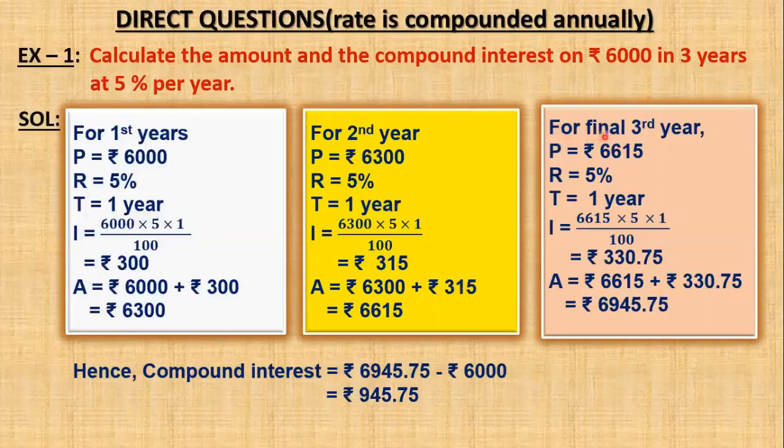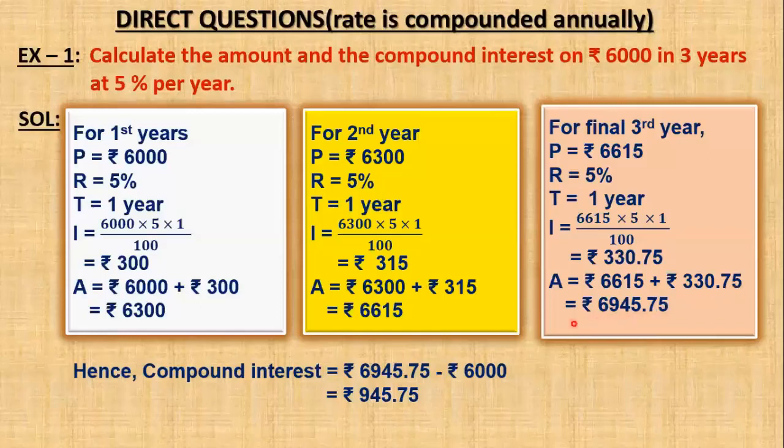Now this amount will act as principal for the third year. So for final third year, principal is rupees 6,615, rate 5%, time 1 year, interest PRT upon 100, that is 6,615 multiply 5 multiply 1 upon 100, rupees 330.75. So amount at the end of third year will be rupees 6,615 plus rupees 330.75,